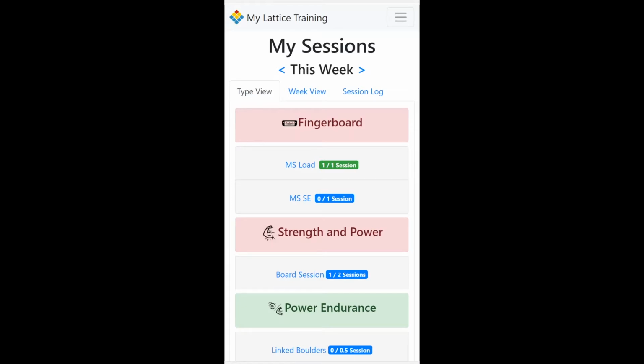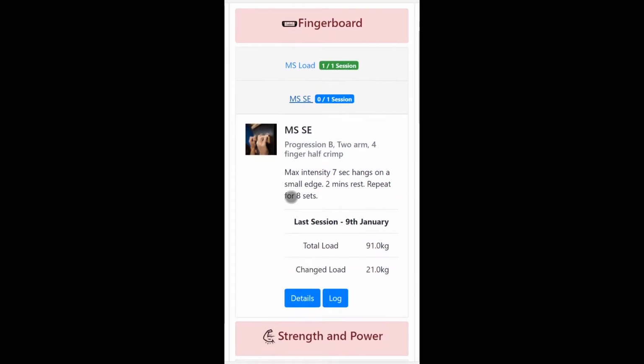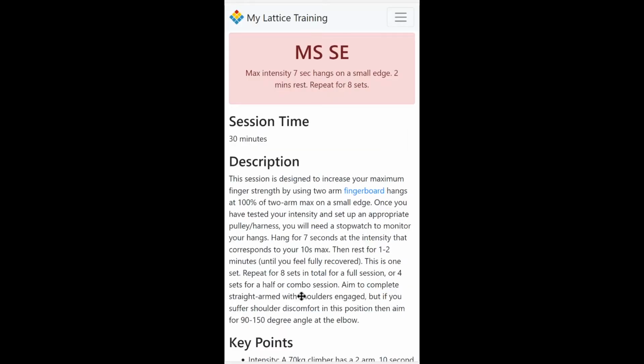So once you get logged in, the first page you'll see is this My Sessions page, where you'll have an overview of all the sessions your coach has planned out for you that week. We can see here, Bob has got an MS Load fingerboard session and a Small Edges fingerboard session. If we select one of these sessions, we get a little bit more detail, just a brief description of the session. And if we click on the details button down here, this will take us to the